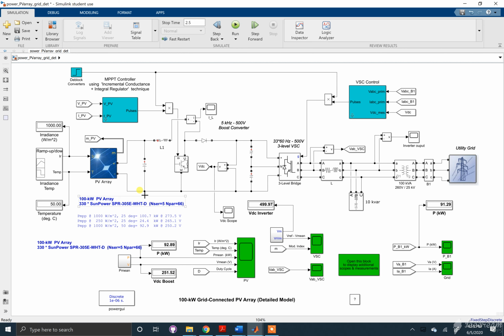Going back to our schematic, the output of this PV array then goes to a boost converter. And there's a few key components in this boost converter. We have a capacitor, an inductor or switch, and a diode. The capacitor has a capacitance of 100 microfarads, which is a pretty appropriate value if we take a look at